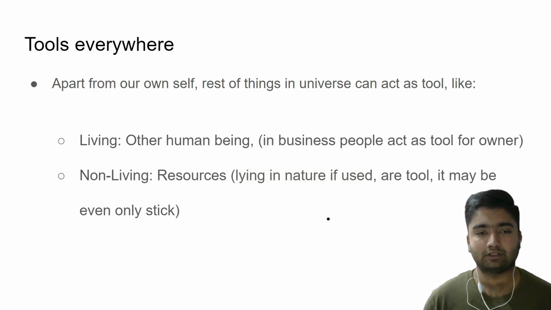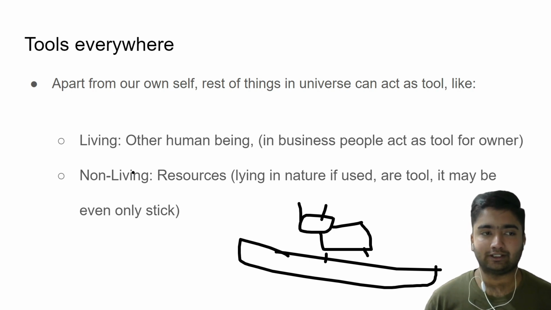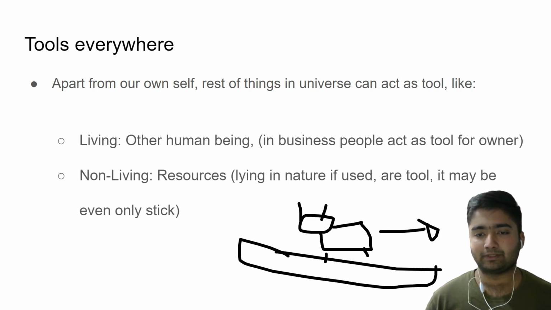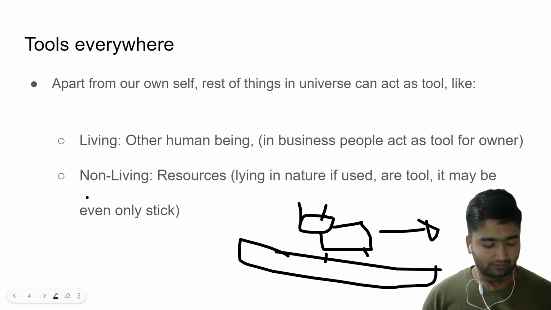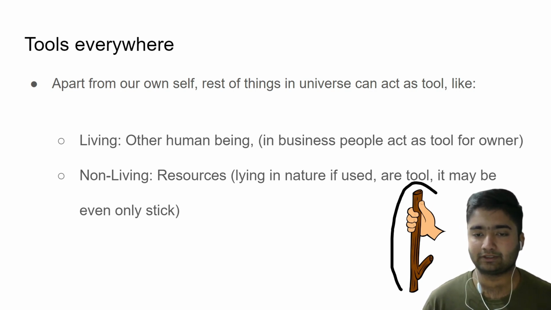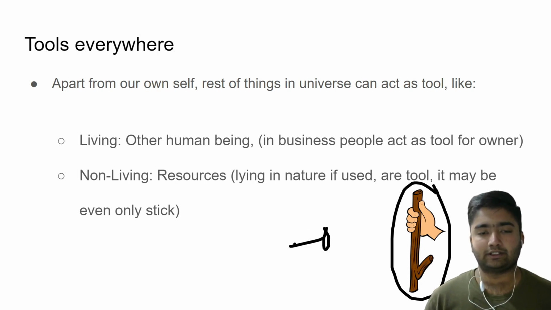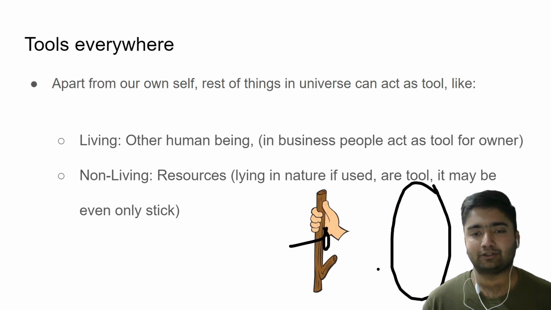Living beings also, like we use animals, like in the plowing case we use cattle to plow the field. This is a very funny cattle, but you get the point. We travel on horses, so that increases our capacity to move from one place to another. And non-living things are a lot of things around us, like a simple stick. The simple stick is also a tool. By using the stick we can dig a hole, we can beat an animal. That's a very funny example, but we can do a lot of things with a simple stick. And if we know how to use the stick, then we can do many works.